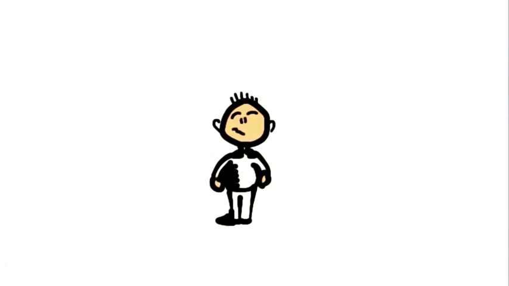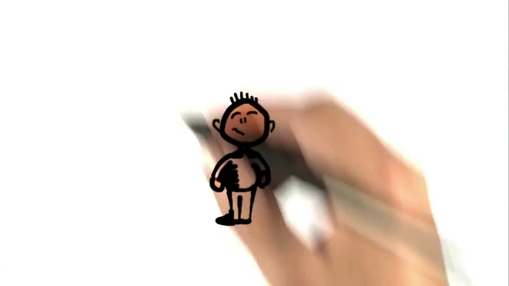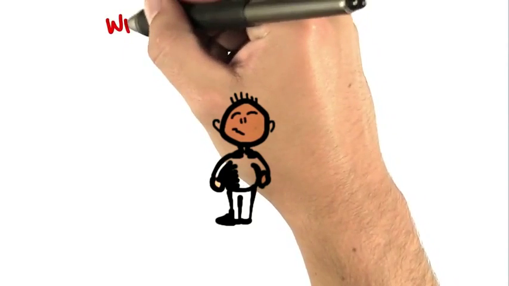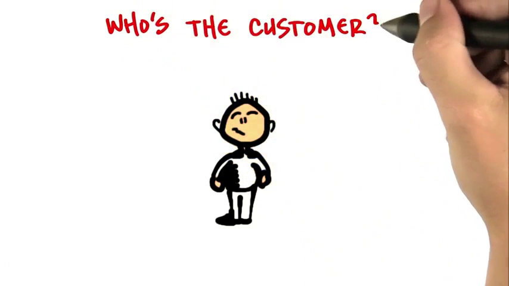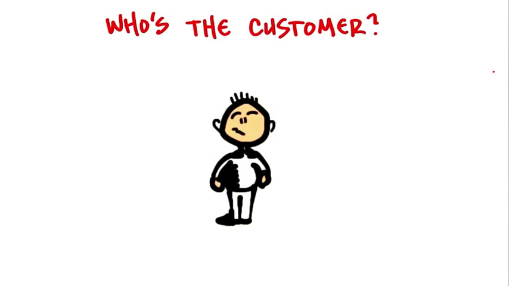There's some other things to consider in customer segments besides jobs to be done and pain and gain, and that is, who's the customer? I thought we just defined the customer. It's the archetype, it's the persona. But sometimes who's the customer in context is really what we need to know.